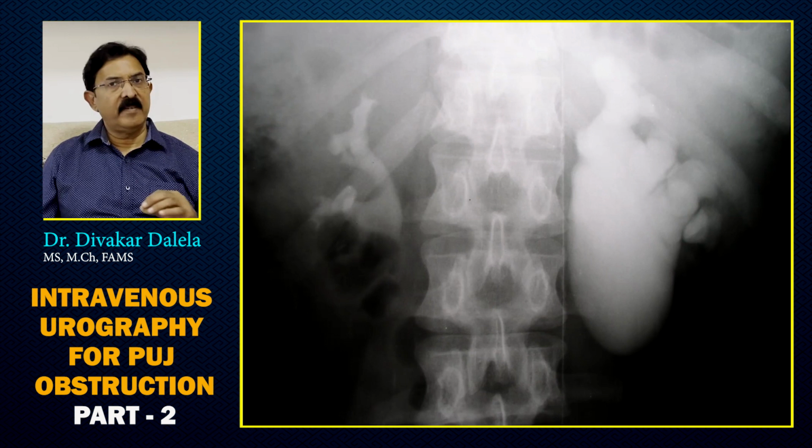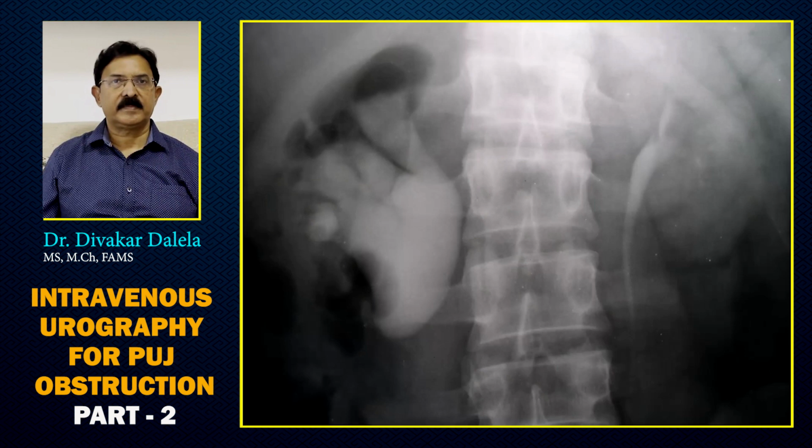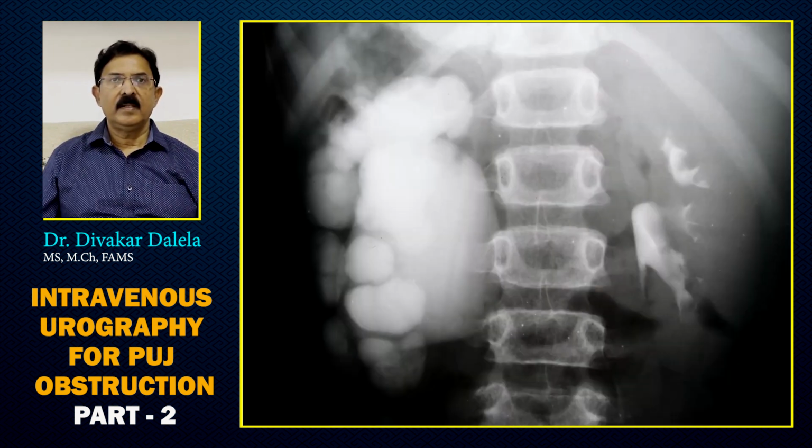Renal pelvis differs in everybody, but this observation is important from the point of view of planning the surgery. That is why you have to note what is the shape and what is the size of the renal pelvis. Look at this, another shape. I want you to appreciate the posterior calyx and anterior calyx and see what is the alignment of the kidney.